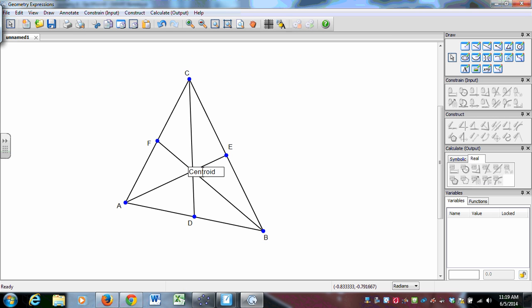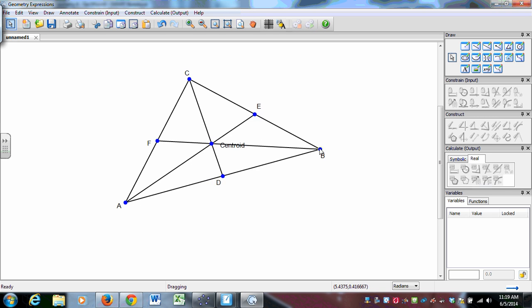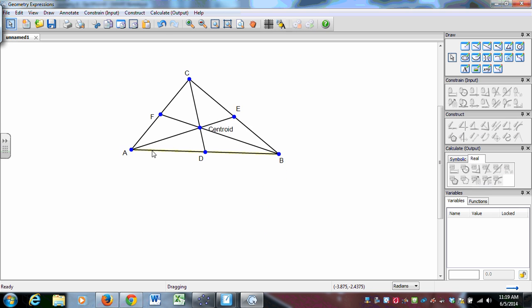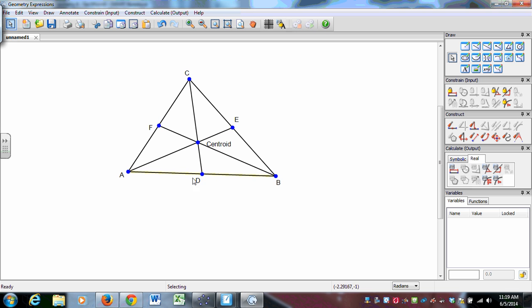This thing is called the centroid. The centroid of a triangle is the point of concurrency for all three medians. And you can tell that if I just move this around, no matter what size the triangle is, those three medians will come together at one point called the centroid. But it gets better. If I were to take the segment from C to G and then the segment from D to G, and I were to measure them,